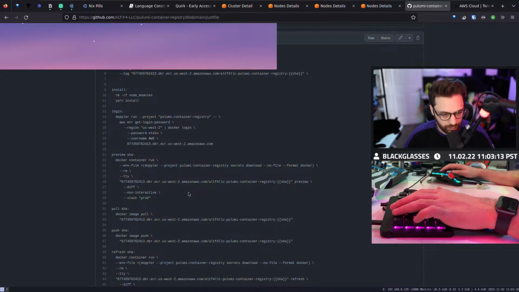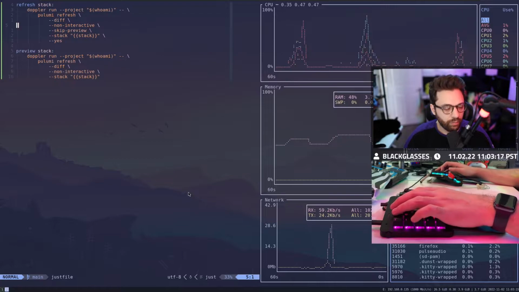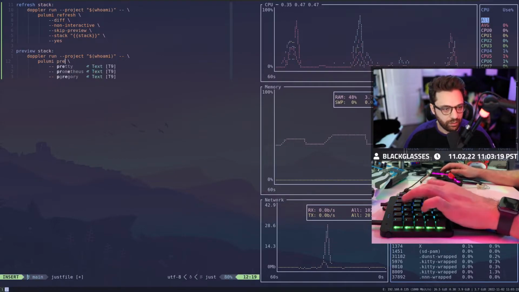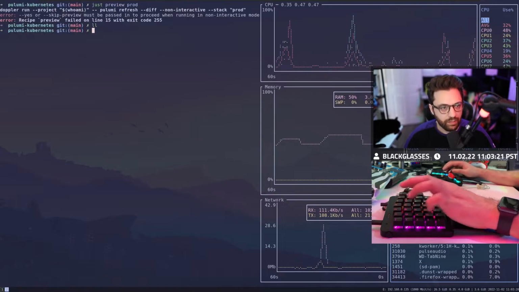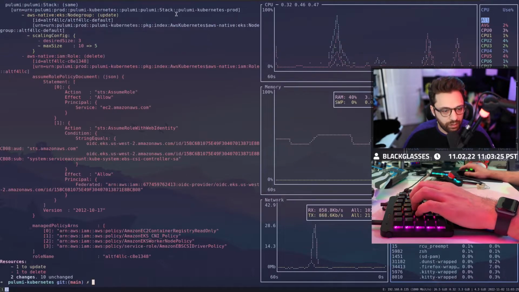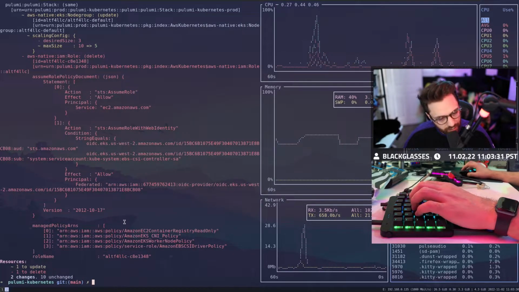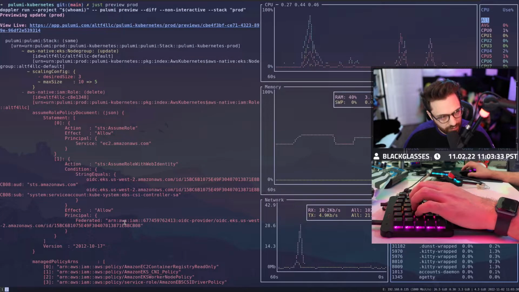Wait, what? Diff, wait, that's what I said. Oh, not refresh. Sorry. Preview. You can see here that all I'm doing is taking commands that I run. And what? IAM role, delete. Why does this want to delete itself?